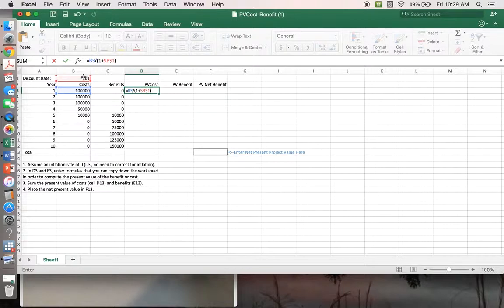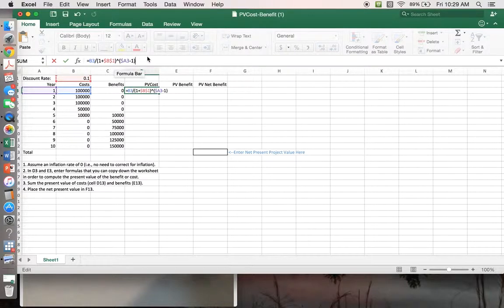And I'm going to raise this to the power given by the year minus 1. So I'm going to say hold constant the column here, but not the row. And I want to subtract 1. Now this formula would not work without parentheses here. So I'm going to stop in just a second and let you stare at this. What I've done is raised this